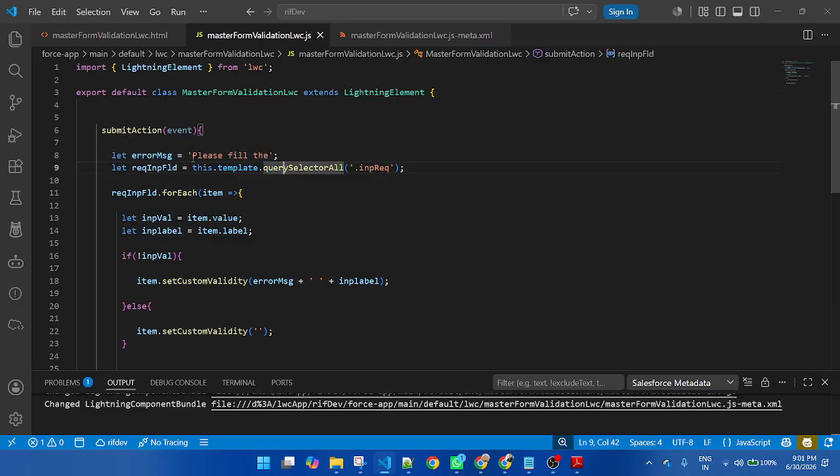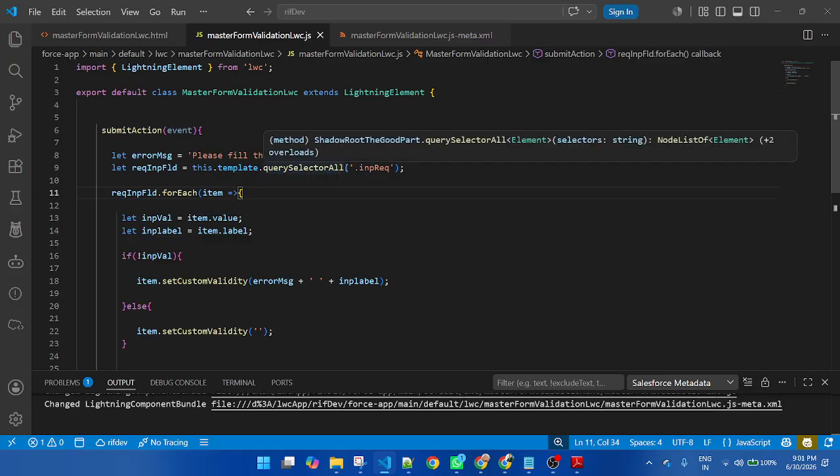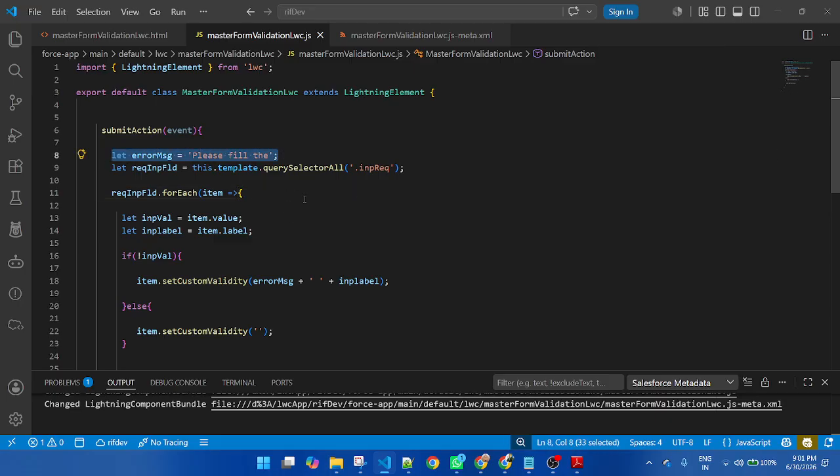That means I am passing the common message, please fill, and at the end of this message, I am getting the label. If name is blank, I pass please fill the name. If email is blank, I pass please fill the email. So this is a common message, and then I am creating a template.querySelectorAll.